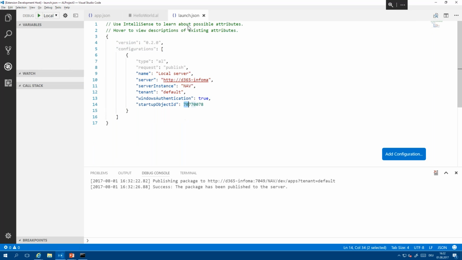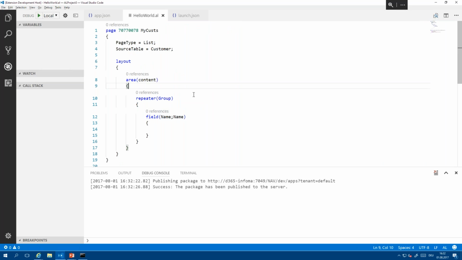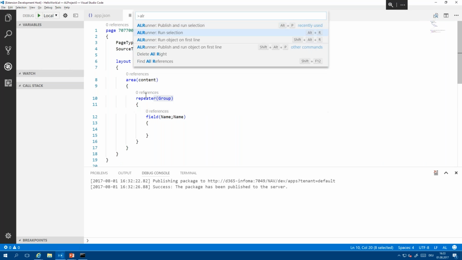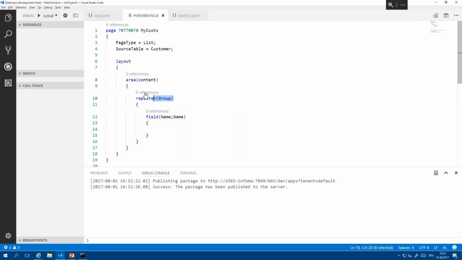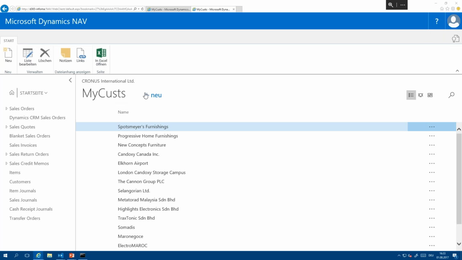And as I said, the launch JSON file actually gets changed. We had 22 before, and now we have that ID in here. And just to show you that it works, now I'm in this line, I can also do AL Runner, run the object in the first line, and then this is not publishing, it's just opening that page again that we've opened here.